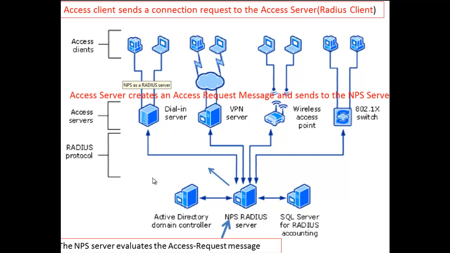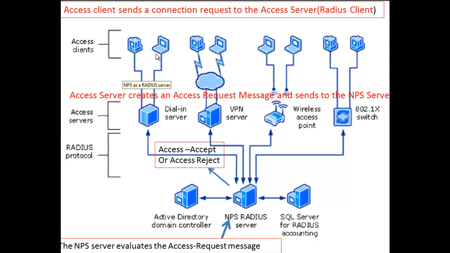Once that network policy server evaluates that access request message, it sends back to the Radius client server or access servers either an access accept message or an access reject message. Now, if a client made a connection request and that request was sent to the NPS server, the NPS server will check its policies